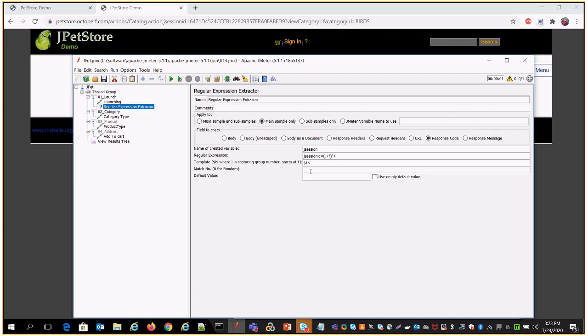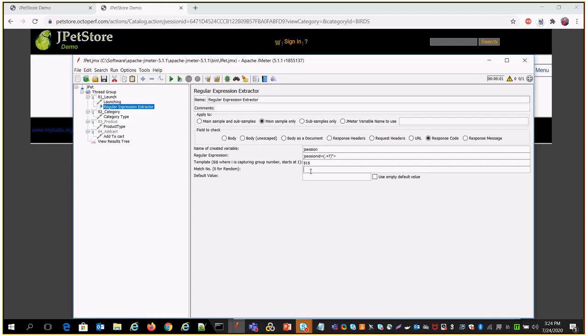Then the match number. Suppose you have an array situation, where multiple session IDs are provided on a specific page, and suppose we get 5 unique session IDs and I want to capture only the second value.